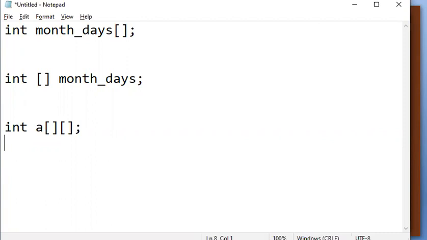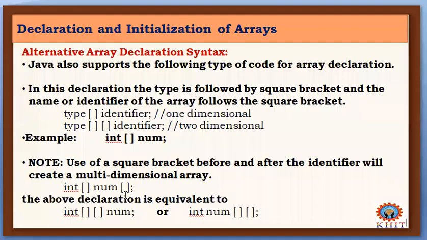So this is a multi-dimensional array, as you know. So this can also be declared in this way. First you can give the subscript and then followed by the name of the array. So this slide is all about how to declare an array.